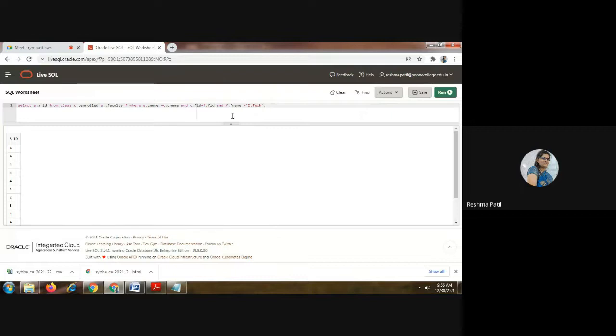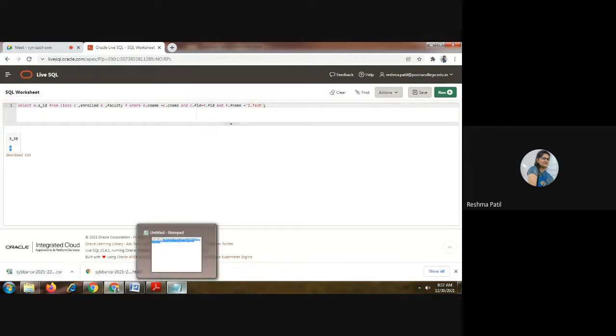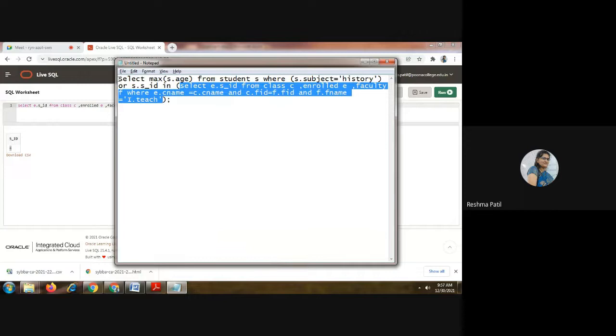And F name is equal to IT, only one record is there for this, and the student whose number is 4 is taking this subject. That's why only 4 is shown here. So on the basis of this query, 4 is the result that we are going to pass to the outer query. What is our outer query? This one.